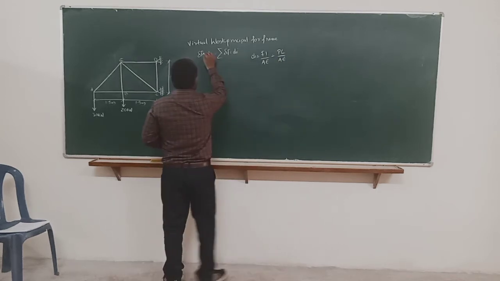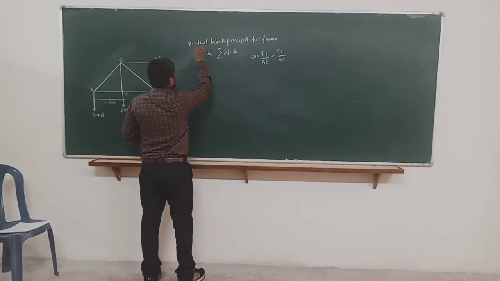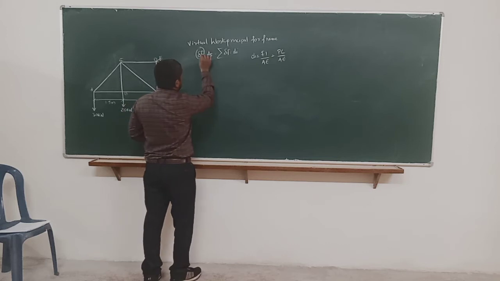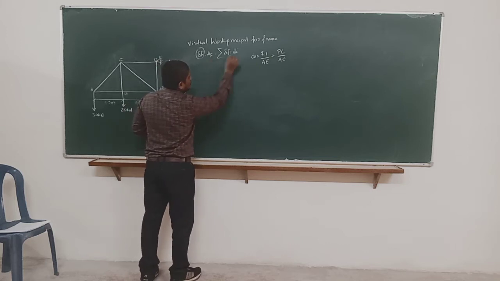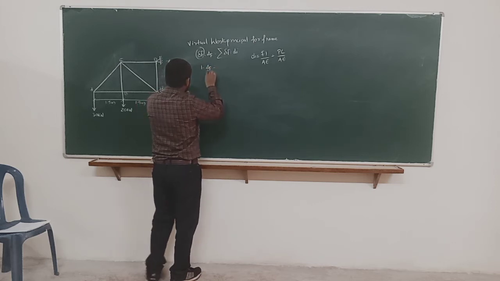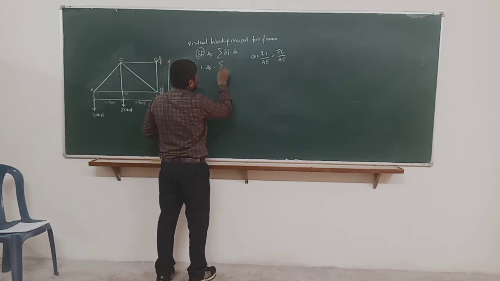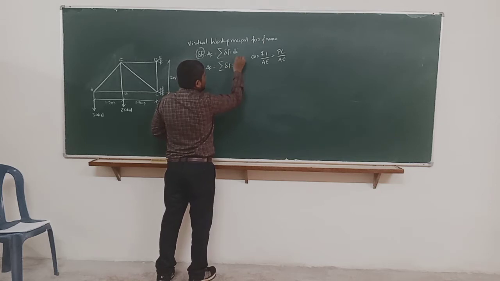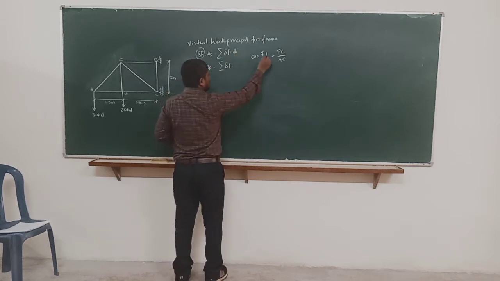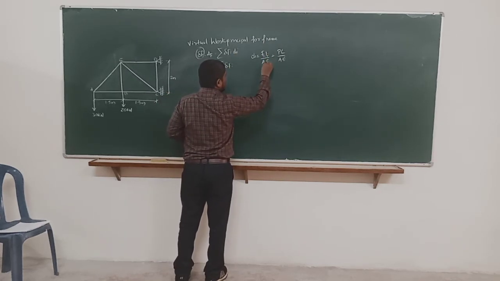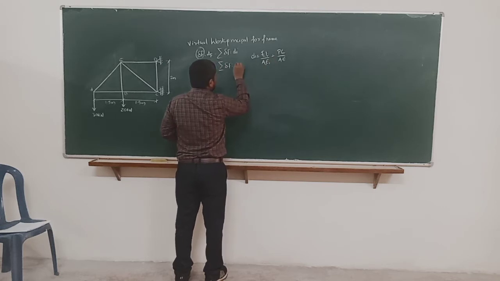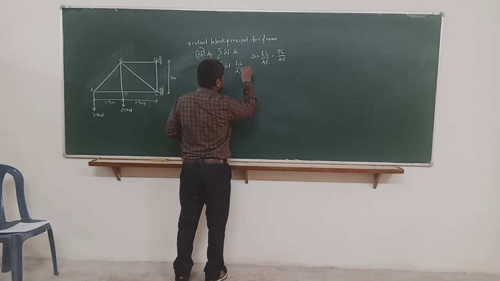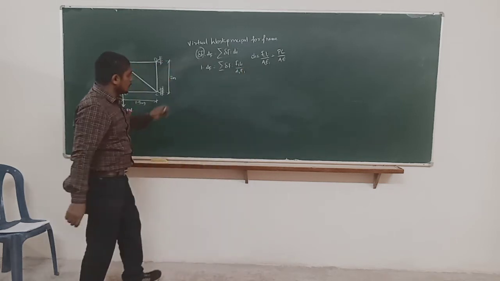In delta f, this is nothing but, I'll show you the diagram of how to take this del f. So the final equation which we have derived is 1 into delta f equals summation of del fi. Instead of di, I'll substitute this one: fi li upon ai here.